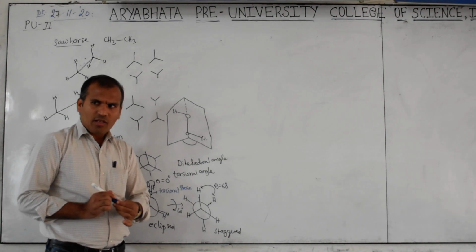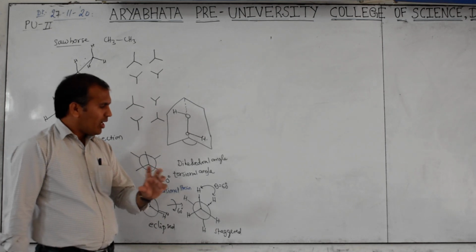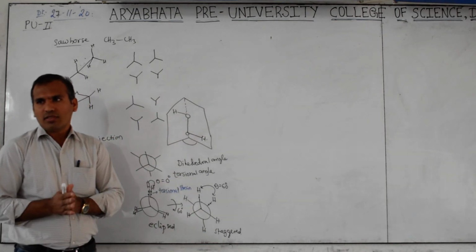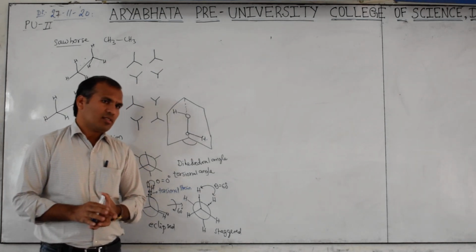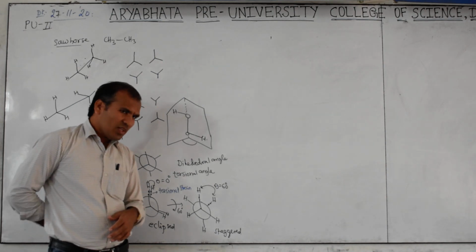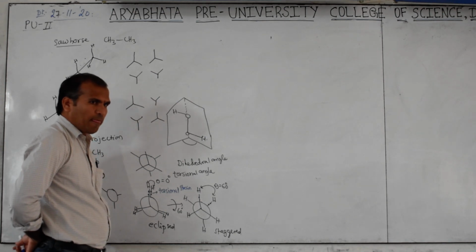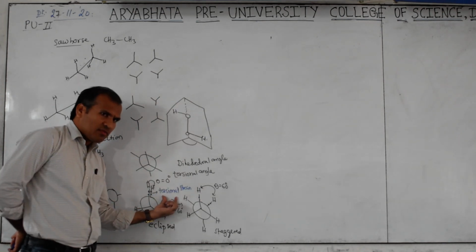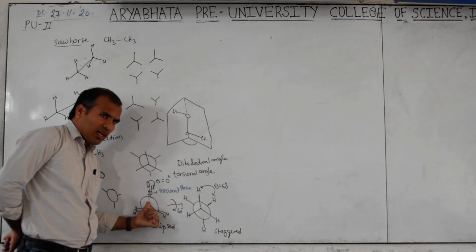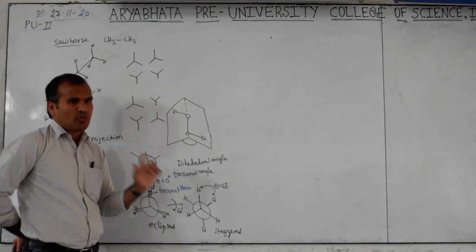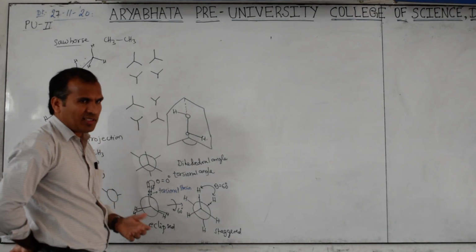What is hyperconjugation here? Movement of bonding electron into the anti-bonding, empty orbital. So you know that. Normal hyperconjugation, you know, resonance, hyperconjugation, inductive effect like this. So same explanation. Why is staggered form stable? Simple, one word: hyperconjugation. Clear? What is the torsional strain? Torsional strain is the repulsion between the bond pair of electrons of front and back carbon CH bonds. That is the torsional strain. That is also very important. Sometimes they may ask the definition directly.